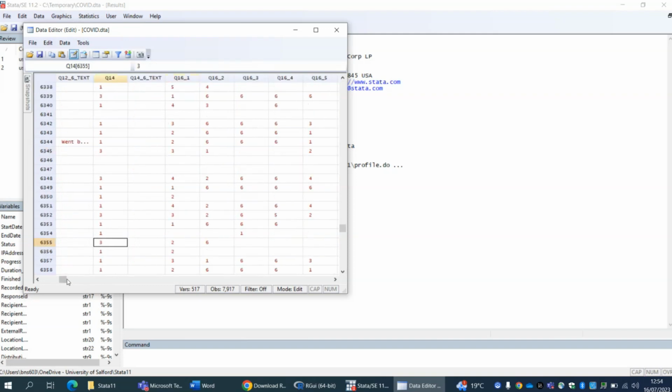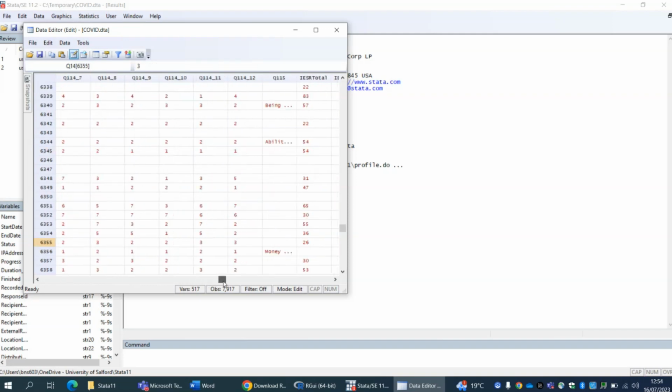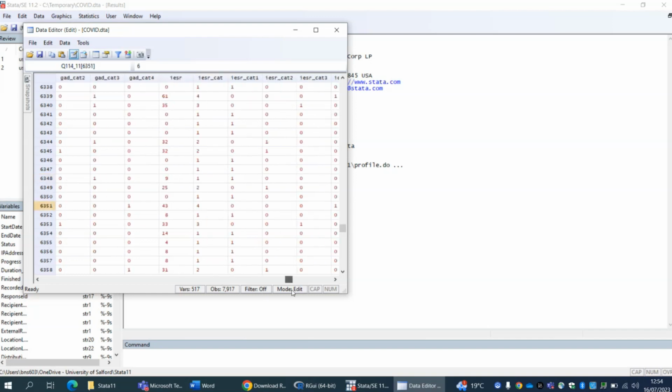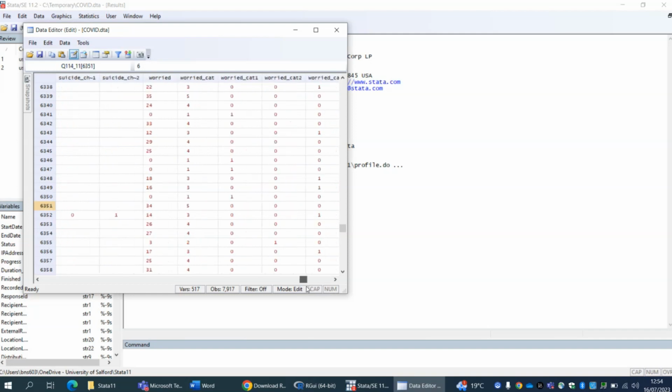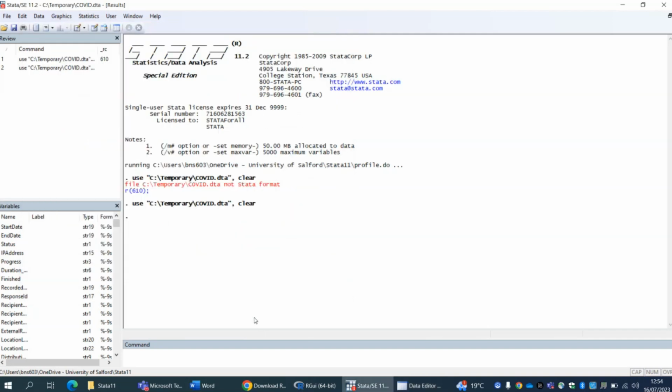The only problem here is that in SPSS and Stata data, you know that the value number and value label can be seen together. But when you convert by R, then that label is missing. We see only the number, but we don't see any label. So that is the only drawback, but still it might be good enough if you have no other option, because R is the free option. If you have the questionnaire, then you can put the values in Stata,